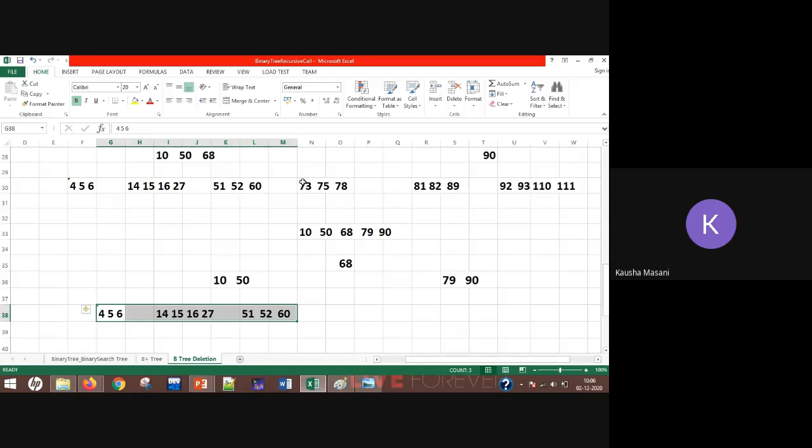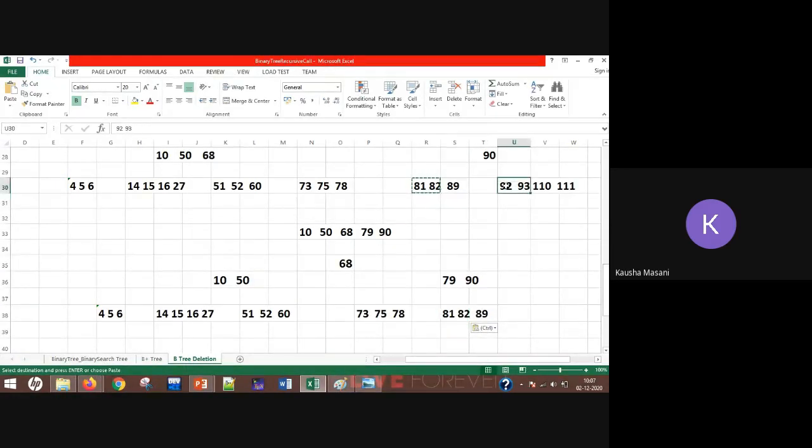So now what do we do with this subtree? This is left over, because it was on the right of 68. So this tree will also be on the right of 68: 73, 75, 78. What is the first value on the right of 68? 79. So this subtree, all its values are less than 79, so it will be placed on the left of 79. On the right of 79, 81, 82 and 89, which is the left of 90, which satisfies our property.